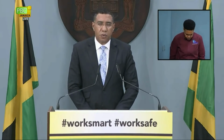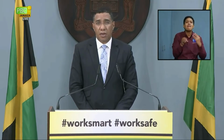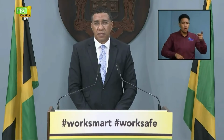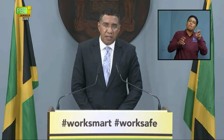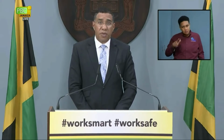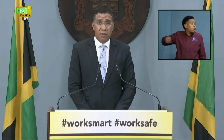15 of the deaths were persons below 70, and 15 had comorbidities or other risk factors. This highlights the impact of age and comorbidities on the risk of serious illness and death from COVID-19. As I have repeatedly emphasized, younger persons also need to be sensitive. While you may be asymptomatic, you may inadvertently pass on the virus to your mother, your grandmother, or grandfather, putting